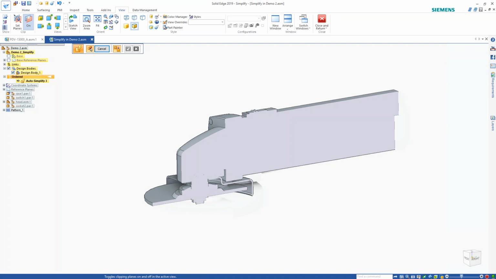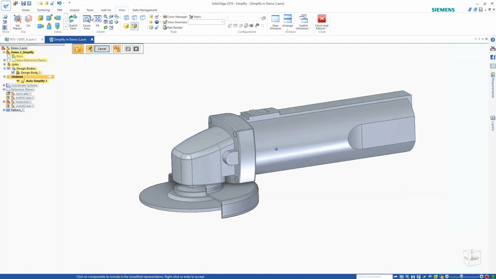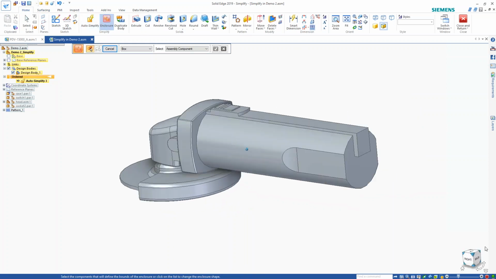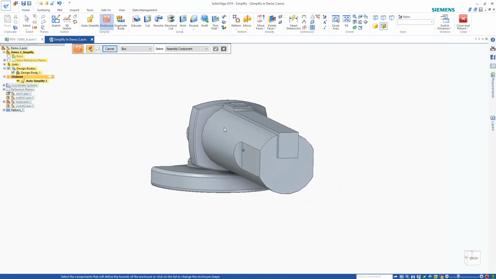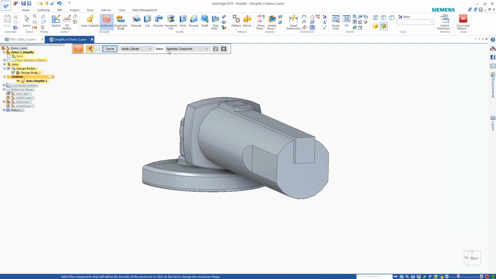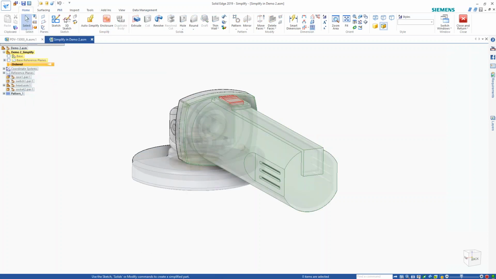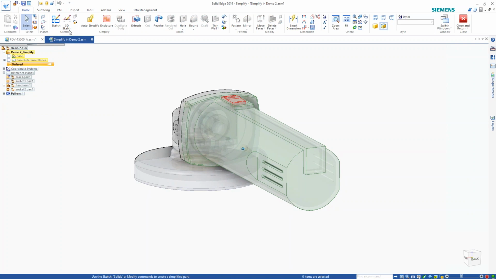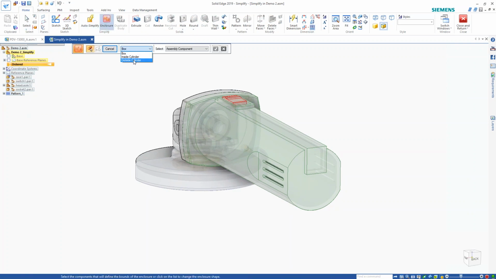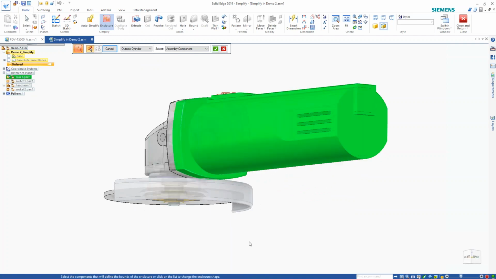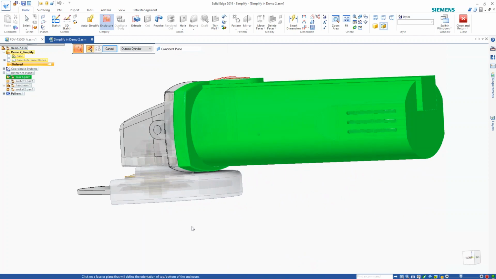So if you've utilized these tools in the past, like I was looking at earlier with the enclosure, this got us pretty close. If I look at this feature here, and I'm in my simplified assembly, I want to actually undo this just so I can talk about this a little bit more. But if I go to my enclosure, I say that I want outside cylinder, and I select this area here. Everything's great here